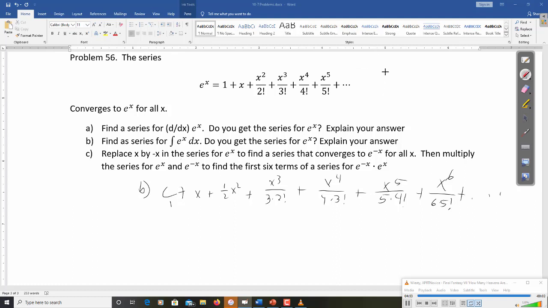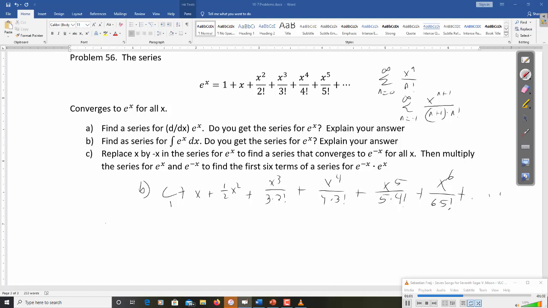And I guess you could show it from the work as well. If you start out with the sum n equals 0 to infinity of x^n over n factorial, if you integrate, you'll get x^(n+1) over (n+1) times n factorial. And now you get an extra term for the constant, so you'd be going from -1 to infinity. But note, that is just exactly the same as this, because that's (n+1) factorial. You plug in -1, well, you're still starting from 0 on the bottom, well, you're still starting from 1 on the top. Alright, so